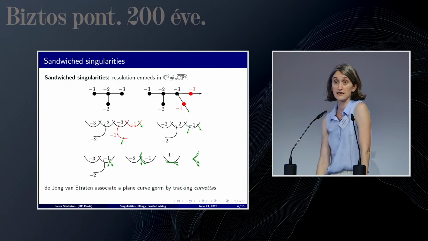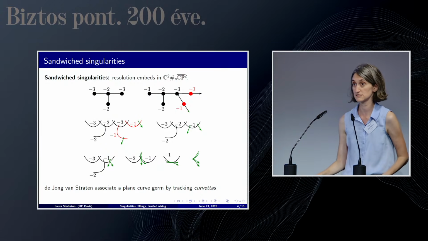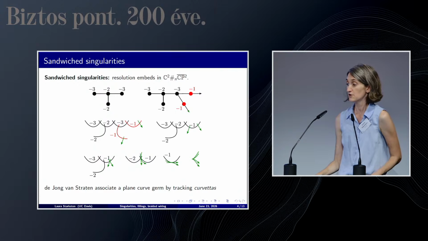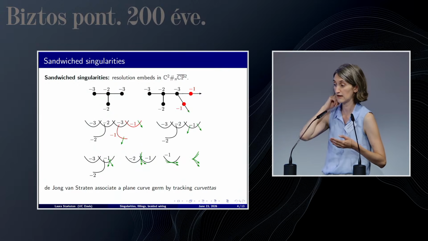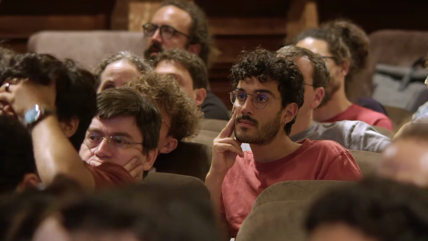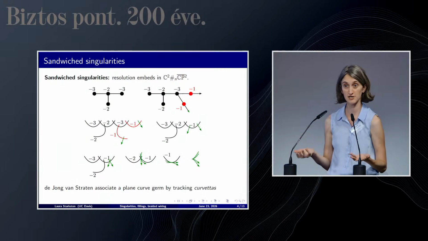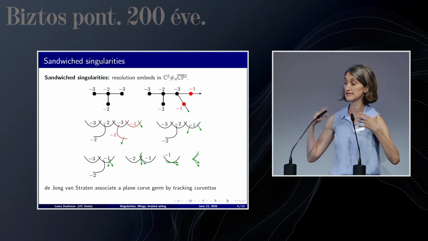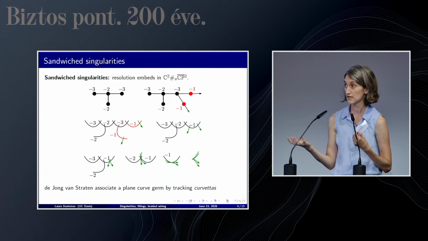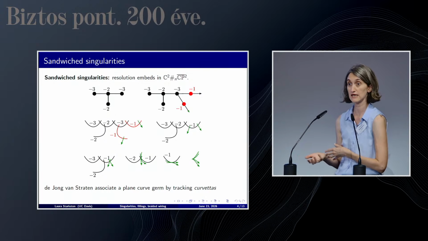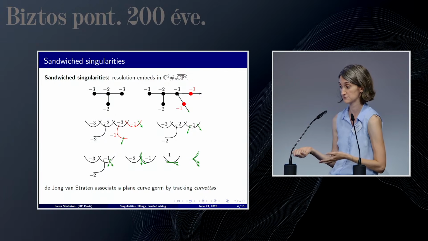And the kind of important discovery of de Jong and Van Straten was that you can, for these sandwich singularities, study their deformation theory, their smoothings, their Milnor fibers, by studying the deformation theory of curves, algebraic curves in C2. So they have this process by taking this surface singularity and associating a singularity of a plane curve germ,